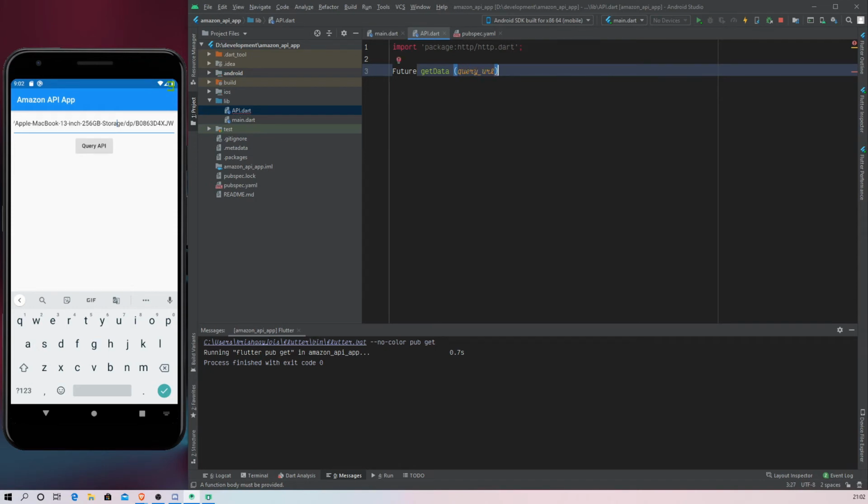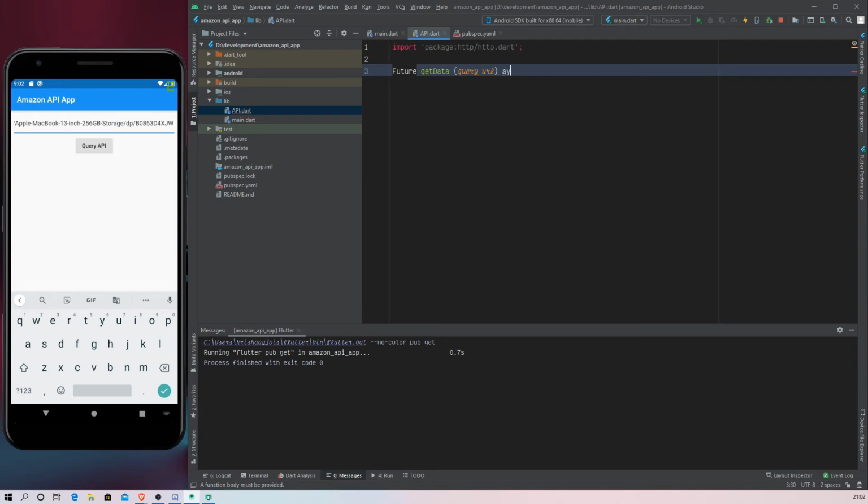This URL will actually include the full query URL. What we're giving here is only the Amazon product URL, but to get the data from the API, you saw that we had to give the entire path, which was our IP address, port number, then api/amazon, and then an argument. So this is the query URL, which will be the entire URL.